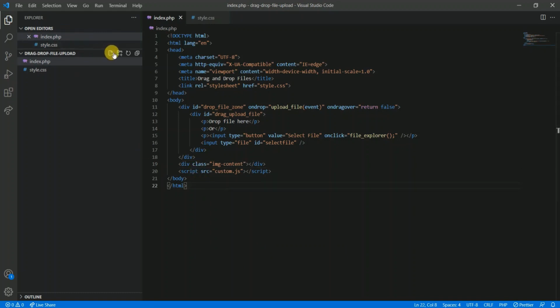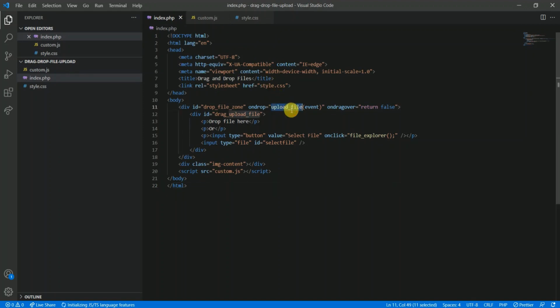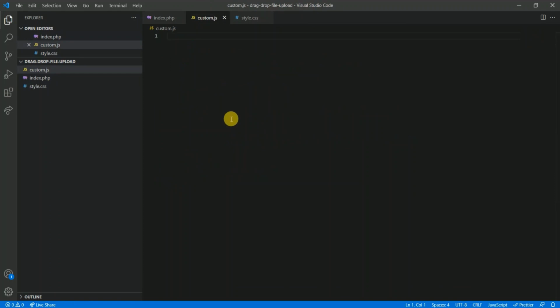Now I am creating custom.js. Fine. Now here we need to define all these methods and required variables. First I am defining my file object.